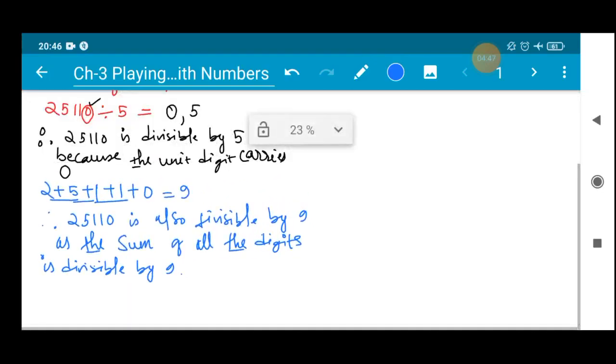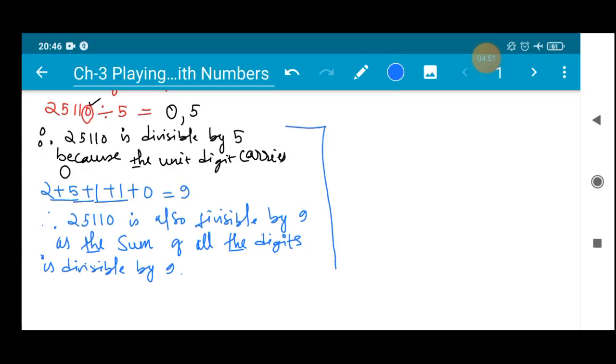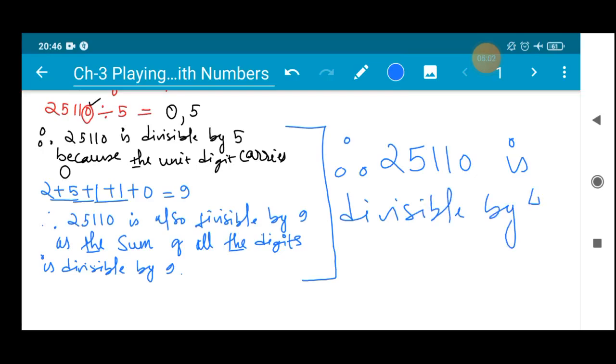So if both the numbers, 5 and 9, are able to divide, we can write, therefore, 25110 is divisible by 45 as